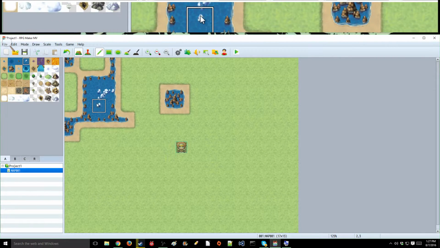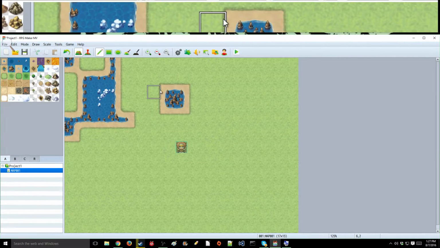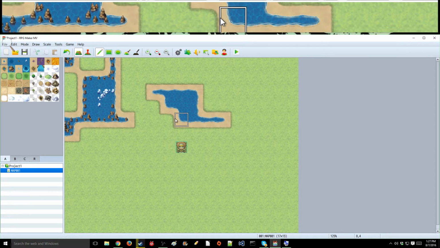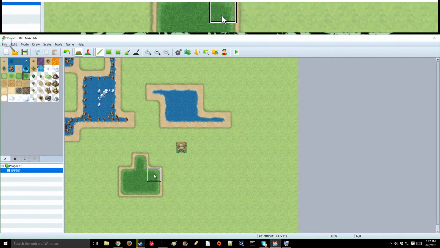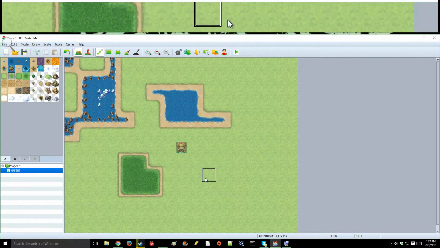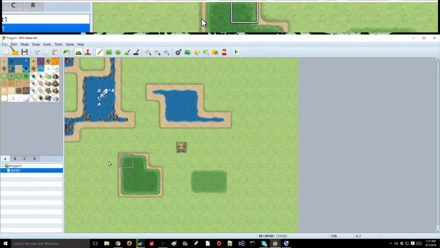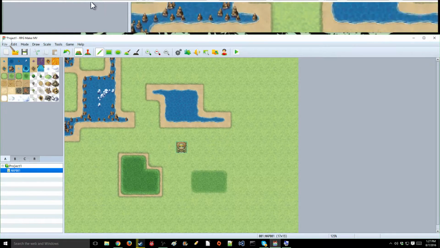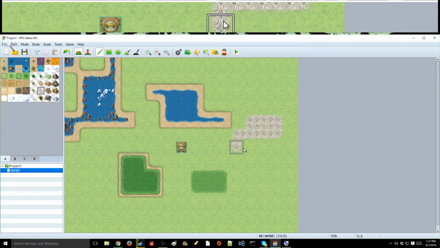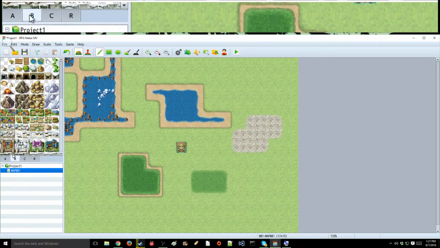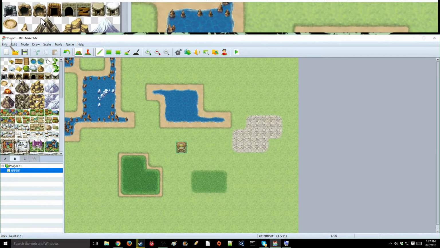We have different types. We have ice rocks. We have just regular old water if we want to attach some water to the map. We have grass that we could put down. That's pretty cool. We have some different type of grass that doesn't involve sand. All right, these look cool. So that's basically what we have here. I haven't actually seen this. This is new. Interesting. Okay, so now we have our overworld tiles, and these tiles are very specific to what